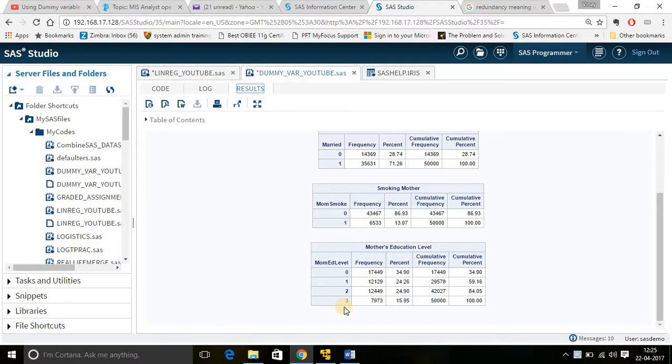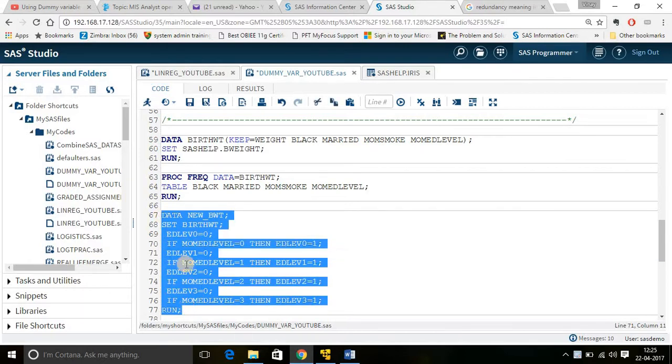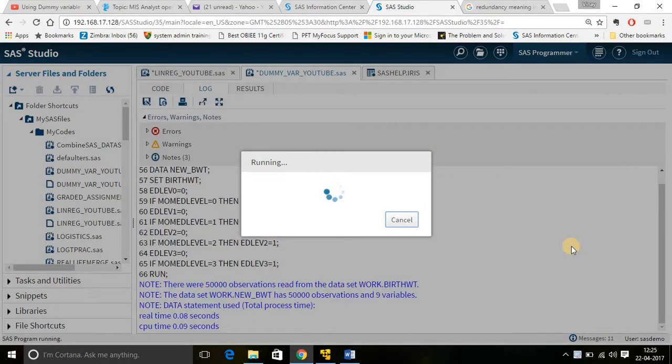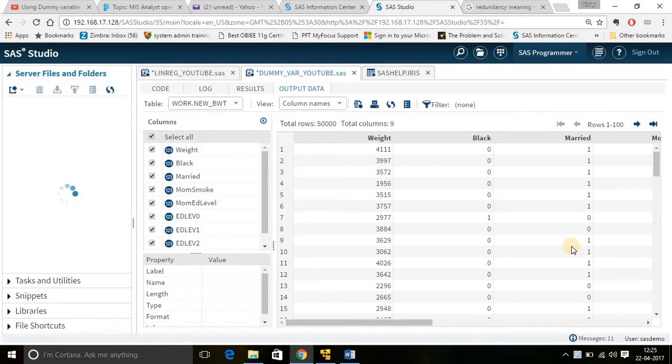But again, just to show you how it misleads the result, I will create 4 dummies, and in the end I will reduce 1. So I have created 1, 2, 3 and 4, all the 4 dummies. Let's see if the codes are correct or not. Yeah, the code seems to be correct. Let's run it. On purpose we created 4 dummy variables. We could have only created 3, and that would have well described all the other data points.